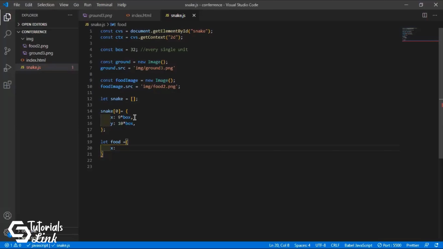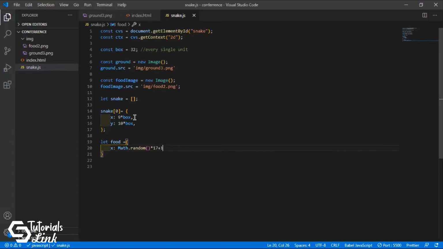So first of all, let's do Math.random. Math.random will generate a 0 to 1 value, but we want values between 1 and 17. So for this, we will do 17 plus 1.